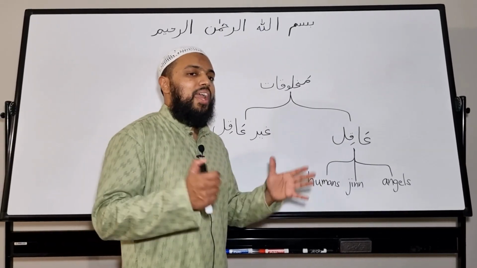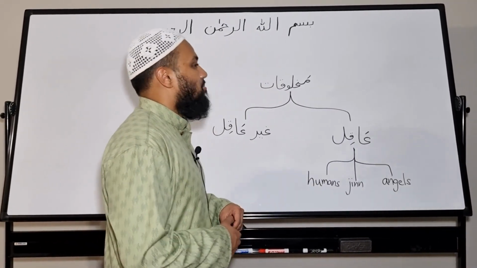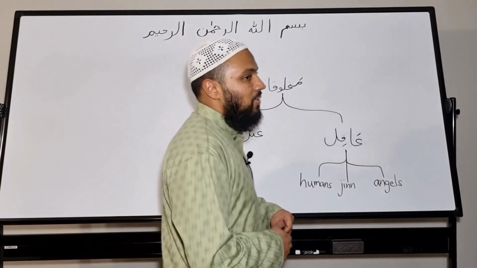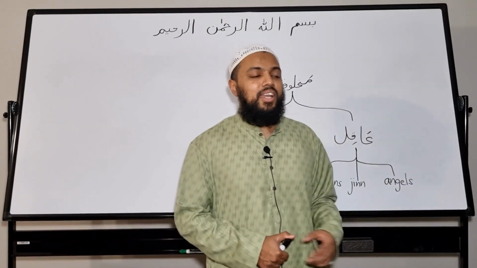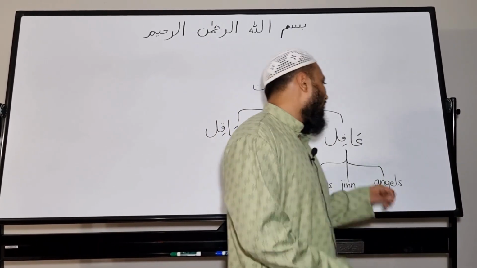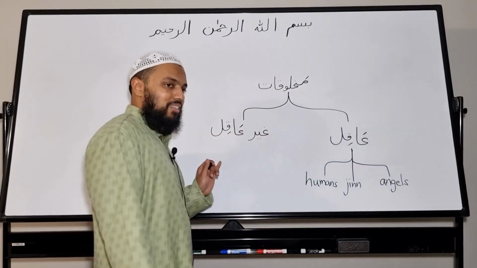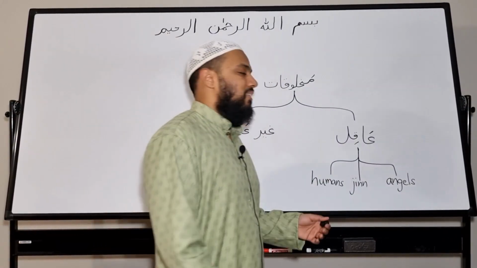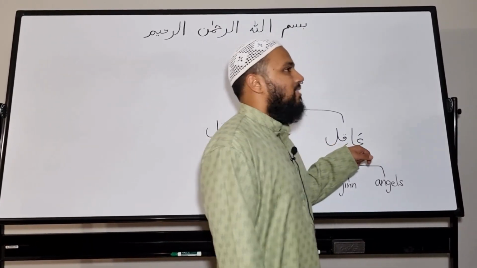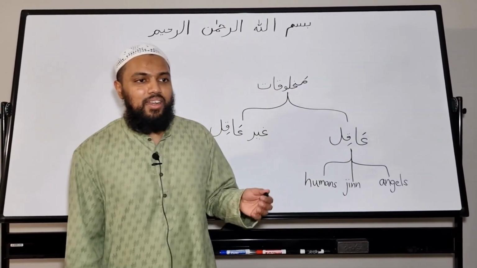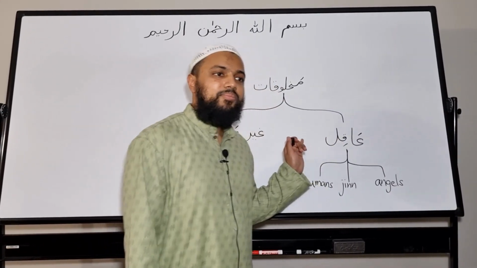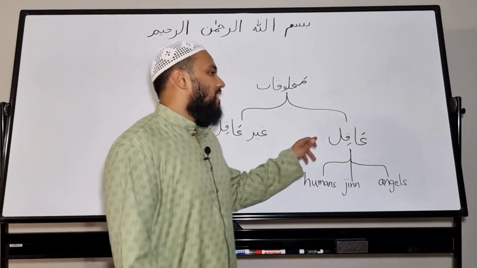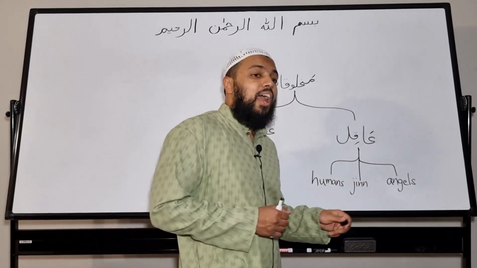So why am I bringing this concept? Because in the Arabic language, the ishara of jama for aqil is different than ghair aqil. What do I mean by that? Let's say we take the example of Muslim, right? Muslimun. So Muslimun is aqil or ghair aqil? Aqil, right? So when I say these Muslims, I would say